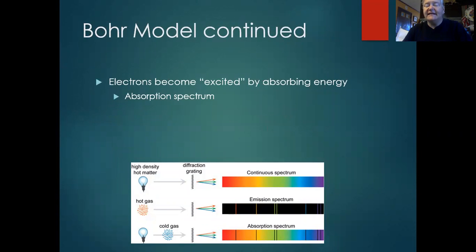So what this does is it lets us talk about the different types of spectrum. Okay, so what happens is when you shine light on a sample of gas, say you shine a continuous spectrum light on a sample of gas, a couple of things happen. One of the things that can happen is that gas will absorb its particular stair-step energy values. It won't absorb all the light. It'll just absorb those unique values that it needs to excite its electrons, because those are the only ones that